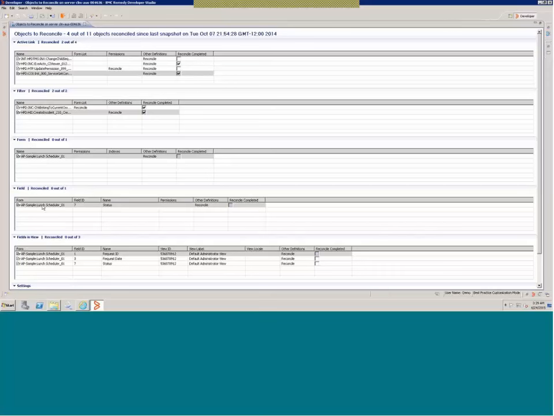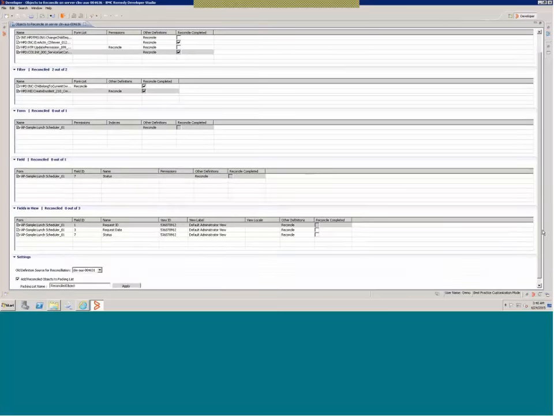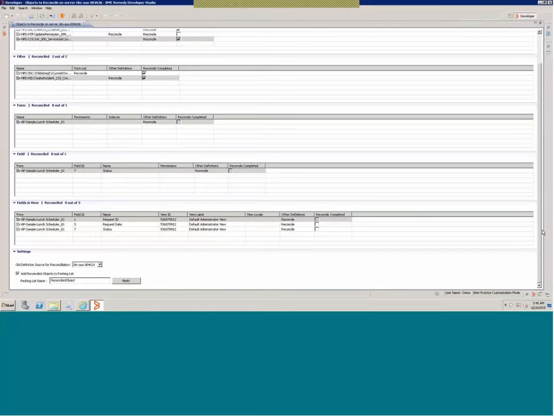If you have created overlay of the field, and then BMC changes it during an upgrade such that its other definitions are touched, then you will have them listed under the fields. And similarly, if you have added a field to view overlay and its properties are changed during an upgrade, then you will see those fields here in this table.